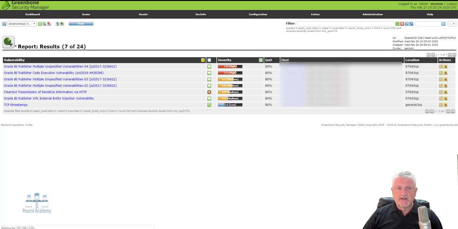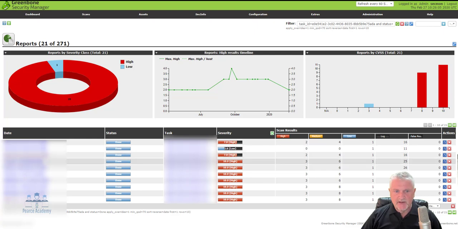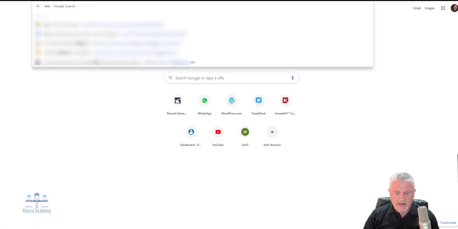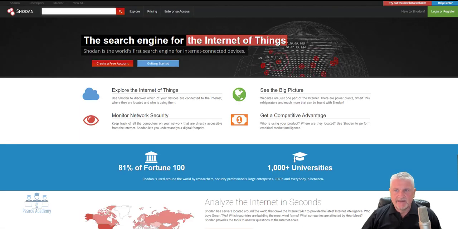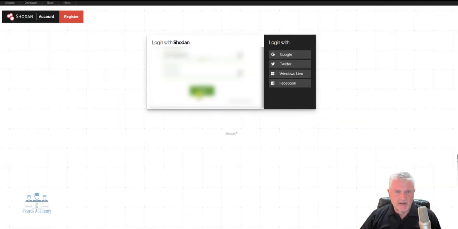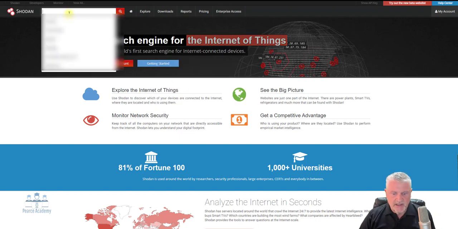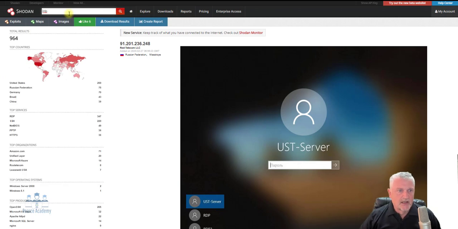Now, you may ask yourself, this is two open source applications. How do people find out what is available out there? Now, there's Shodan.io, which is a Google for hackers. What I will do is log into this environment and look at RDP, which is Remote Desktop Protocol. And as you can see, just by this, it gives me